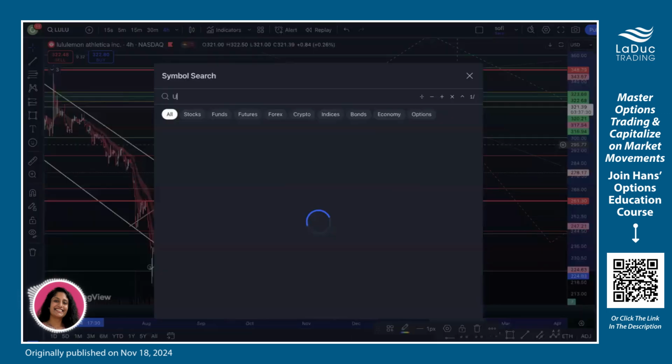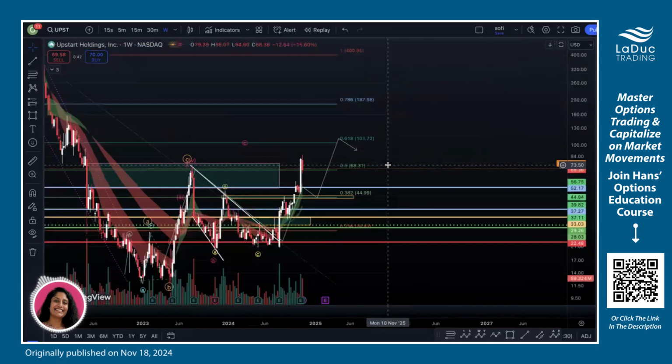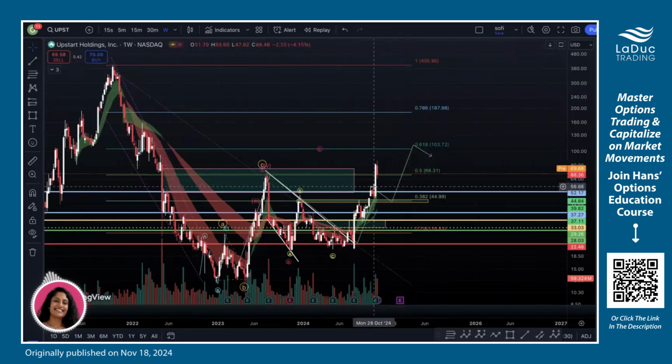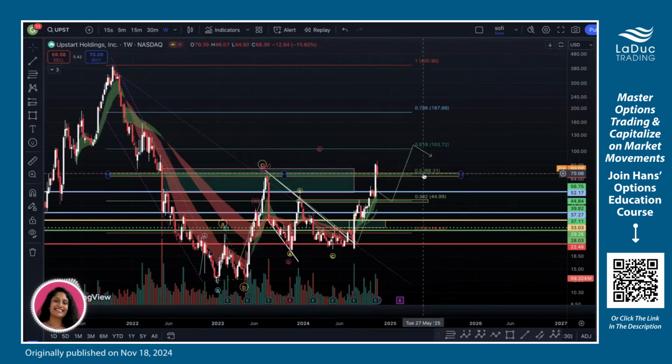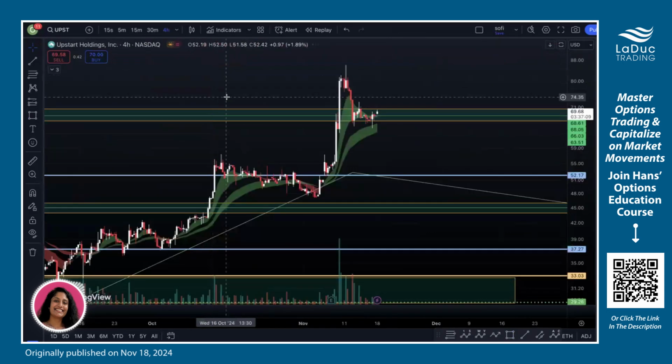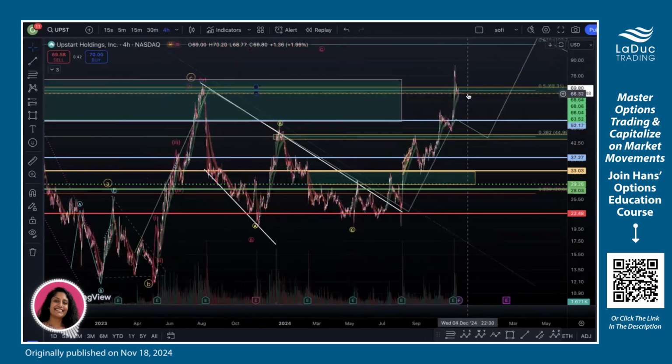The next one I have is UPST again. The reason for that is another one I've discussed in the past. I mentioned how if we break over this, it's going to have a breakout. You can see it had a bullish move. Now it's trying to digest that move and it's digesting at the previous high. So as long as 68, 69 holds, I think UPST still has more room to the upside. As long as that holds, I think UPST can go back up to retest 85 and even 100. So you can keep an eye on that. Obviously I would like, let's say 65. As long as you hold 65, I think 100 is possible. If you break 65, then we'll probably come back into 45 again. So yeah, UPST looking good as long as we hold above 68.